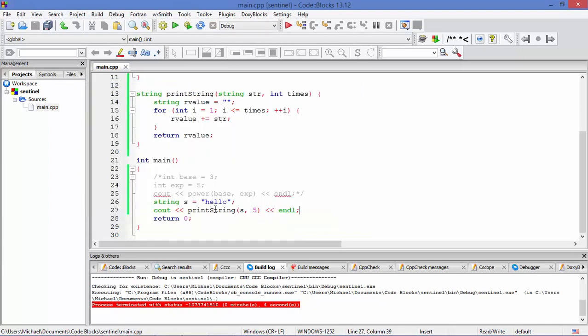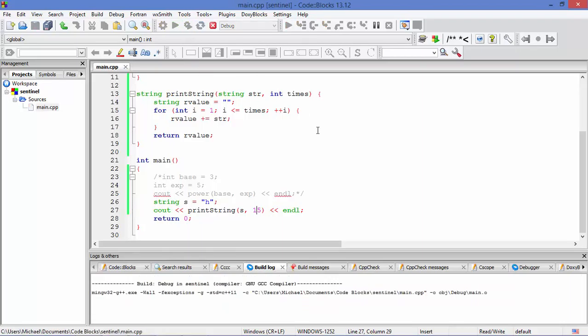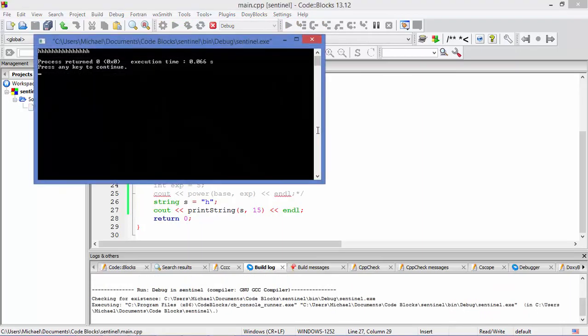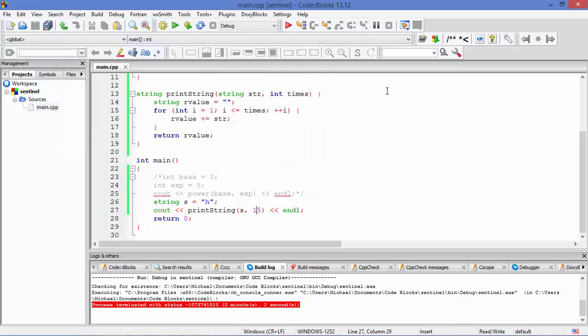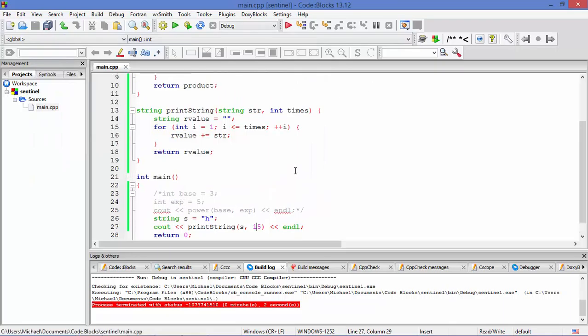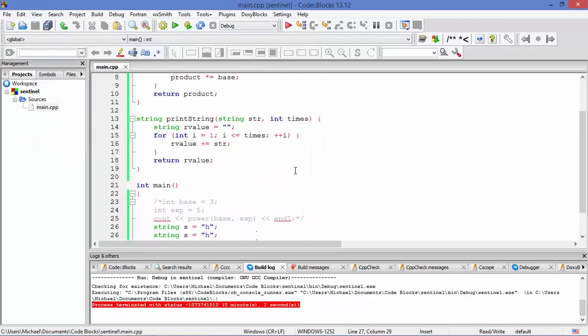So we can do that with anything. We can just do, let's do 15 H's. So you see the power of functions. Functions are very useful tools,